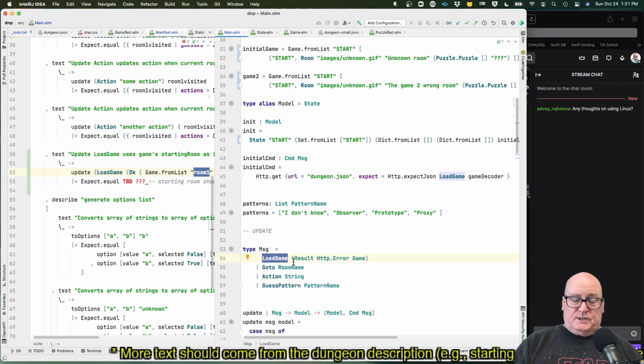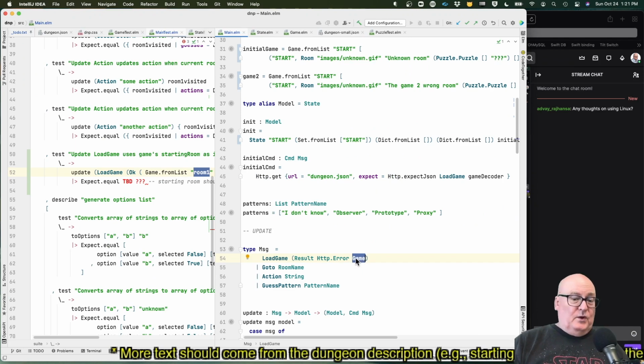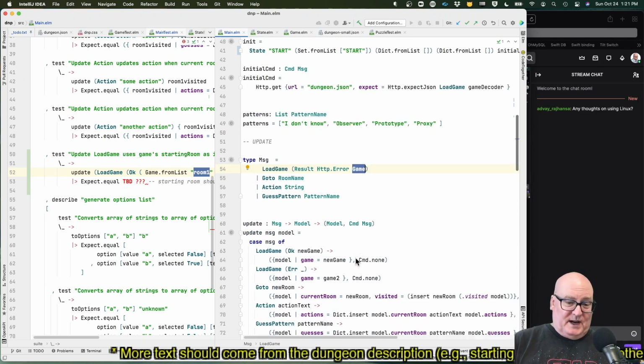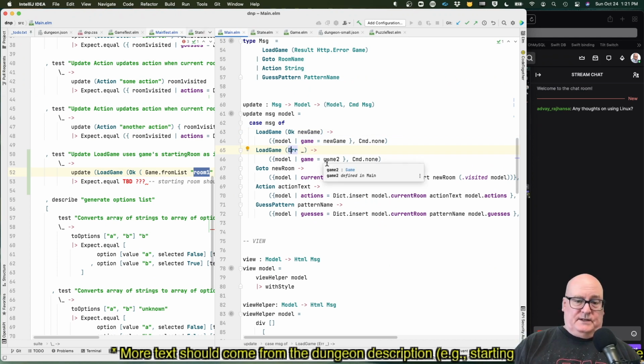Load game knows the result of loading. It could be an error and an error type, and then it presumably will load the game. We decide that down in here. Load game, so if it's an okay game or it's an error. Error, we don't care. We're just going to throw up a dummy room that has no exits or something. But in the real case, we want to get a new game.